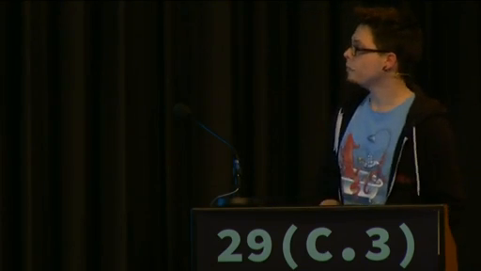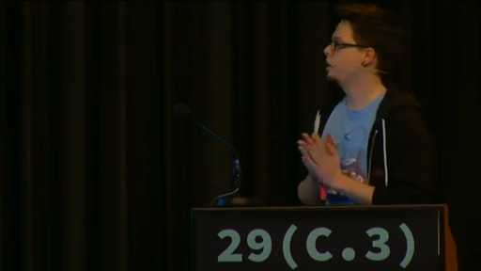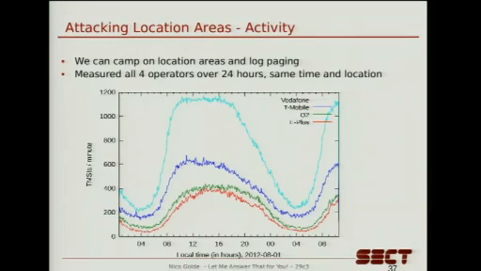But the feasibility in practice depends on how much paging actually is in such a location area. So we measured this as well. The way we do this is we used another Osmocom BB phone, and we just camp on a base station in the inner part of Berlin, basically. And we did this for each operator, so we camped on one BTS for all of them. We did this at the same location over 24 hours at the same time, and the result is what you